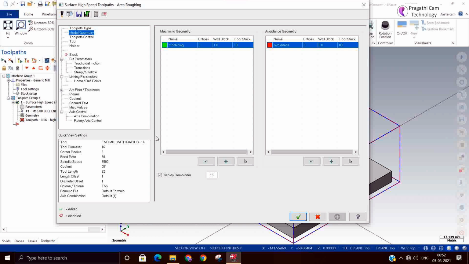So this toolpath is only meant for machining very hard material, and lead in and lead out will also be taken care of here when there is a sharp turn, and it will take care of your tool safety. From one depth to the next depth, moving in the transition also, this toolpath will take care. So these are the things this area roughing toolpath takes care of when compared to the other one.